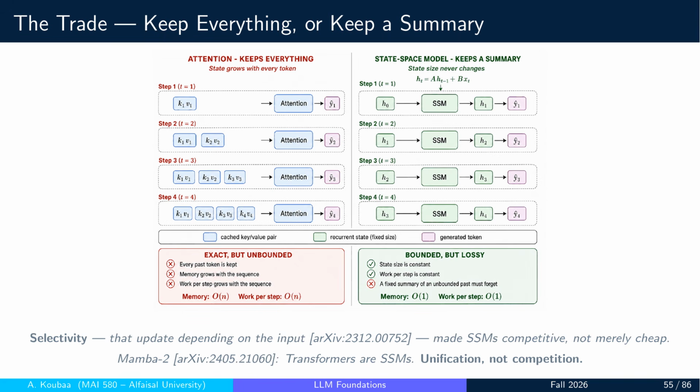Now, the two notes at the bottom, because they correct a common impression. Selectivity, making the state update depend on the input, is what made state space models competitive and not merely cheap. Before selectivity, they were fast and weaker. And then Mamba 2 showed something stronger. Transformers are state space models. That result is a unification, not a competition. The two families turned out to be two views of one underlying structure, which is why they can share kernels